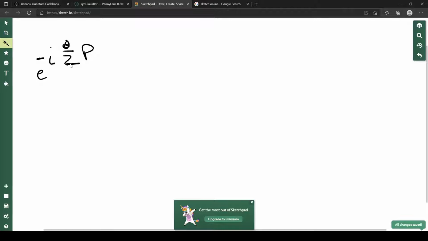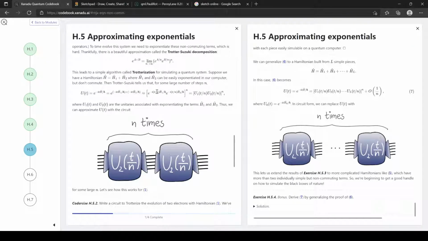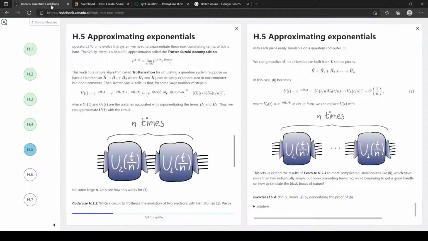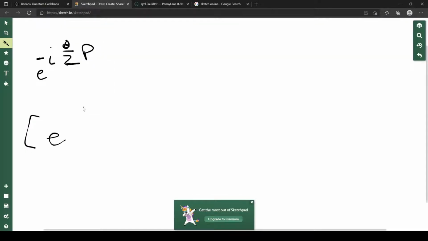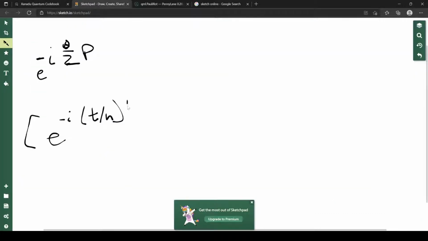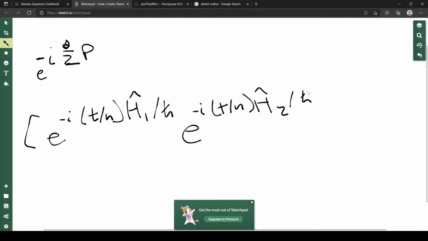And then our task is to simulate this e to the negative i t over n h1 hat over h bar, e to the negative i t over n h2 hat over h bar,